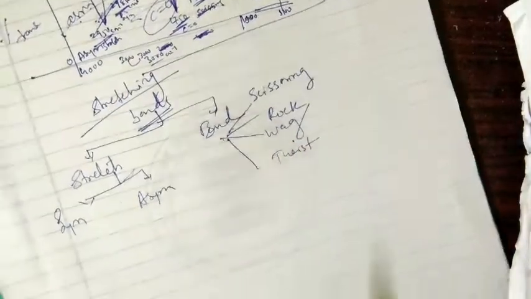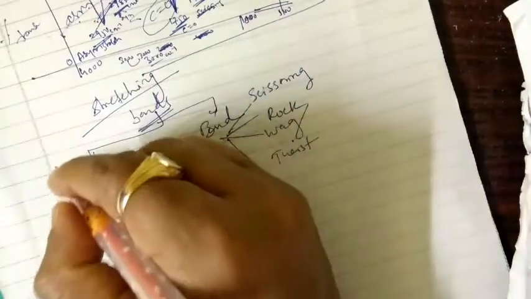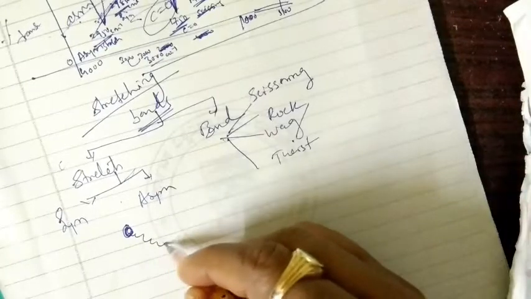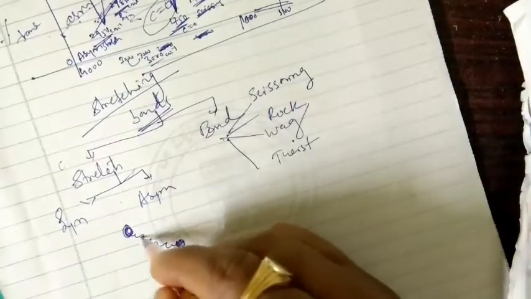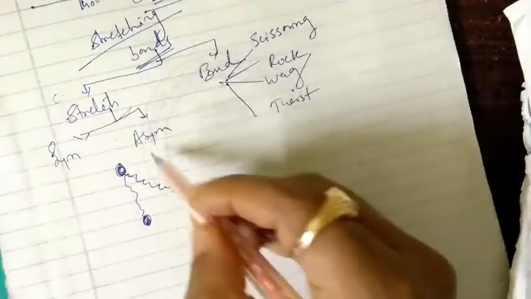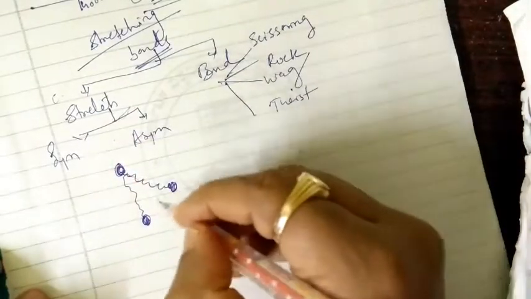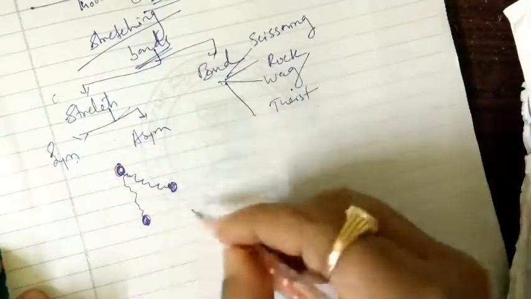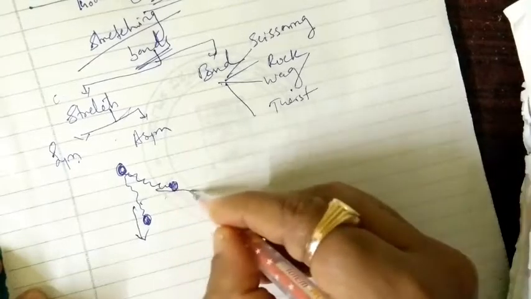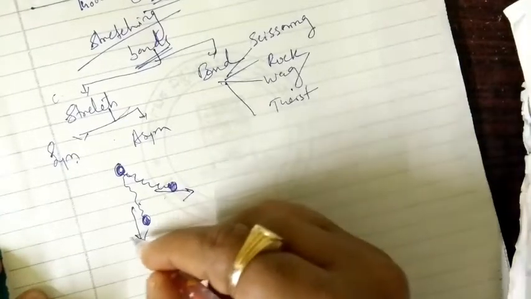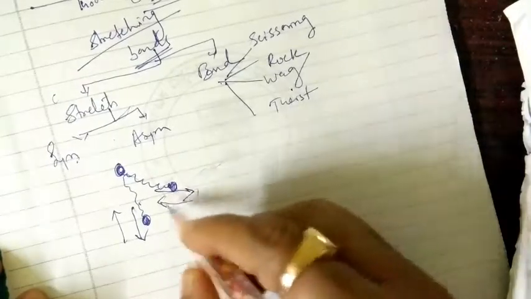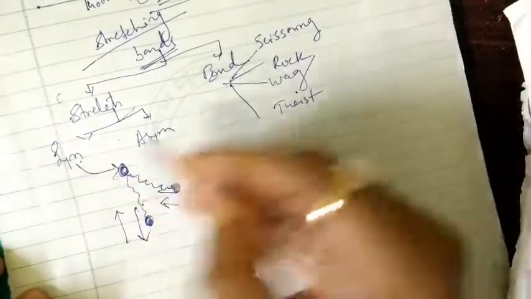So how we can correlate these bonds here? Like CH2O, we have taken that the two bonds are present in the form of springs like this, okay. So this is one bond I can say, and this is the other. So they are made up of these bonds. So what about symmetric stretching? Symmetric stretching means same type, that means this bond is stretching in the same direction, and this also is stretching in the same direction, or they are coming back in the same direction. So when this happens we call it symmetric stretching, okay.